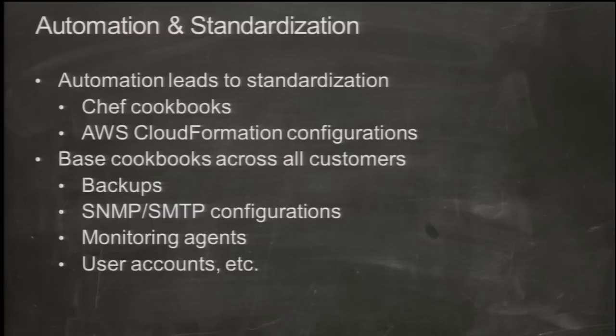All right, automation and standardization. The great thing about automation is that it actually leads to standardization. So anytime we develop a product or a service for our customers, we put it into a Chef cookbook. Once it's in the cookbook, we can reuse it and have a standardized process to build servers. This comes in very handy because we can use it for backup and restore services for potential customers. We can take production websites and reuse those cookbooks to build dev and test environments. And then we can also scale those systems and be confident that we have the same configurations across multiple systems. We do all of this with Amazon CloudFormation as well,